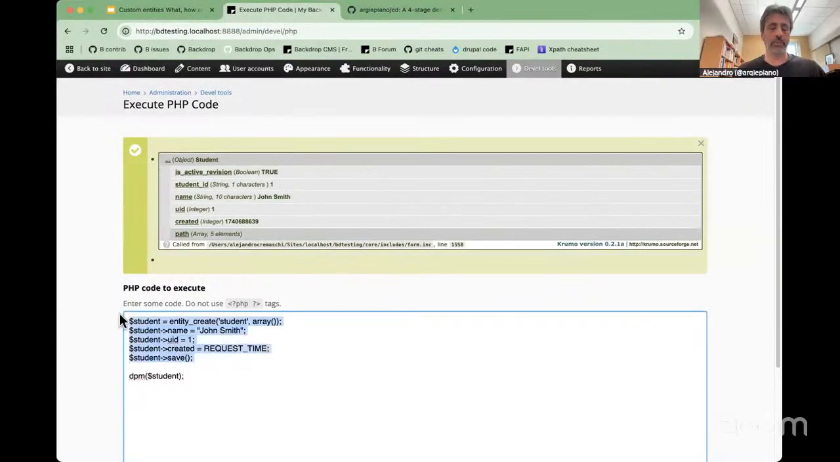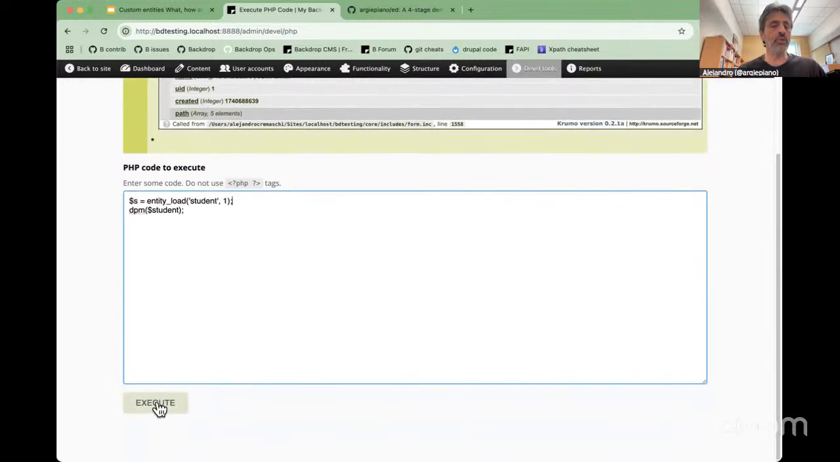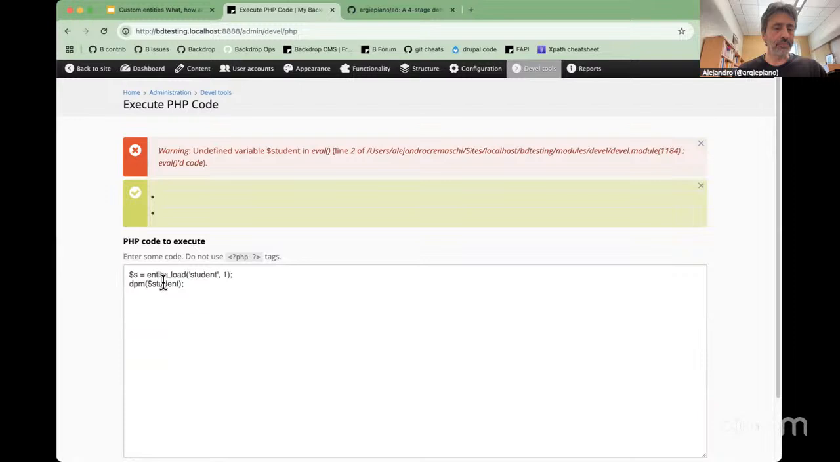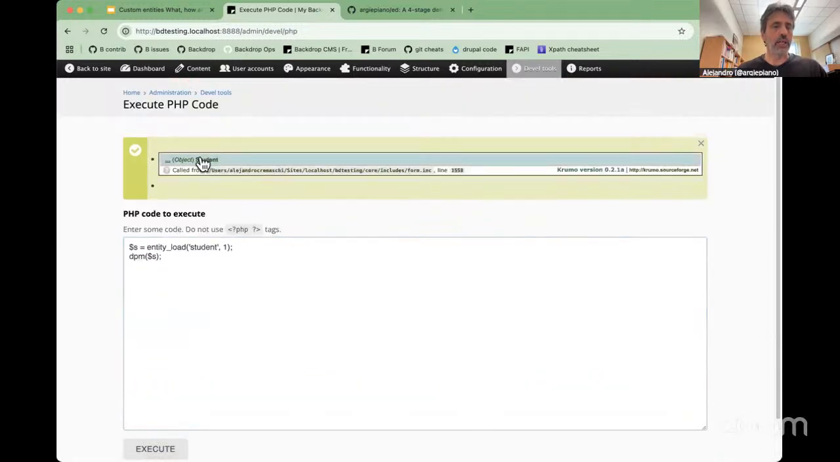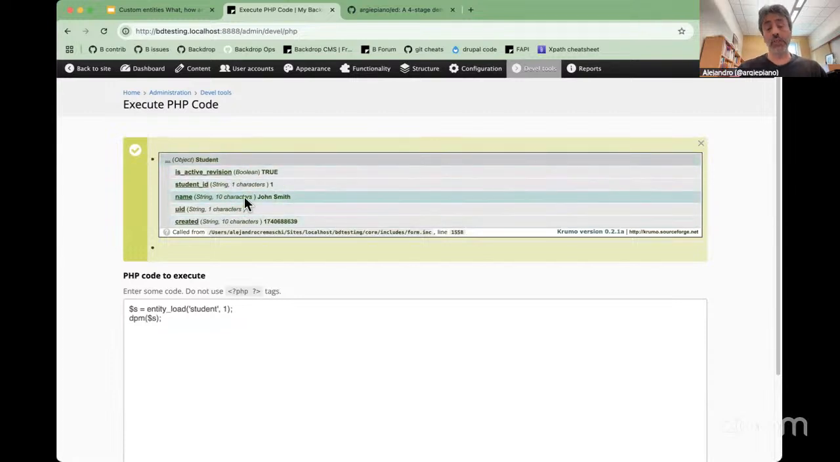Let me start sharing here. Let's say I want to load now. So I'm going to student is entity load, student ID 1. So when I do that, okay, there. So when I do that, you're going to see that Backdrop retrieved the database information and created that object for me. I could, for example, modify things like the name,